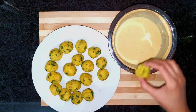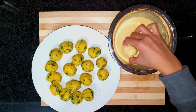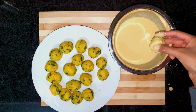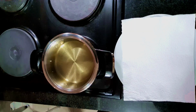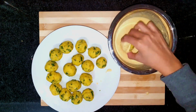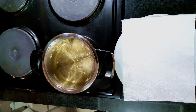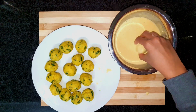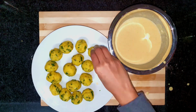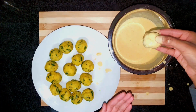Dip the potatoes in the batter, making sure it's covered on all sides. And gently place it into the hot oil. Remember not to overcrowd the oil because the potatoes can stick to each other, giving you messy potatoes instead of mashy potatoes. So rather have your oil at a higher temperature. If your oil is too cold, the potatoes will stick to the bottom of the pot